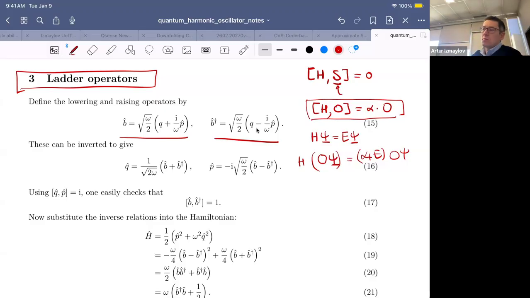Well, with this operator expression, if somebody gives you one solution, you could get all the others. Okay, so that's the big advantage. And now let's see, what is this O operator? You could show that in the case of the harmonic oscillator, if you look at the common candidates, let's say X